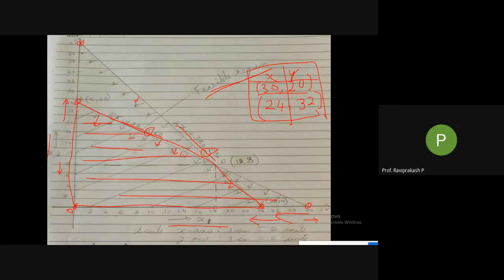Second point is this, and the third point is this. What I'm telling is two lines should cut. Here two lines are cutting, that is at the origin, where x and y are cutting. Here this particular line is cutting the y axis. At this point these two equations are cutting. Then there is one more point where the x axis and this particular line are cutting, so this is a point again. So I'm getting 1, 2 and 3 points.